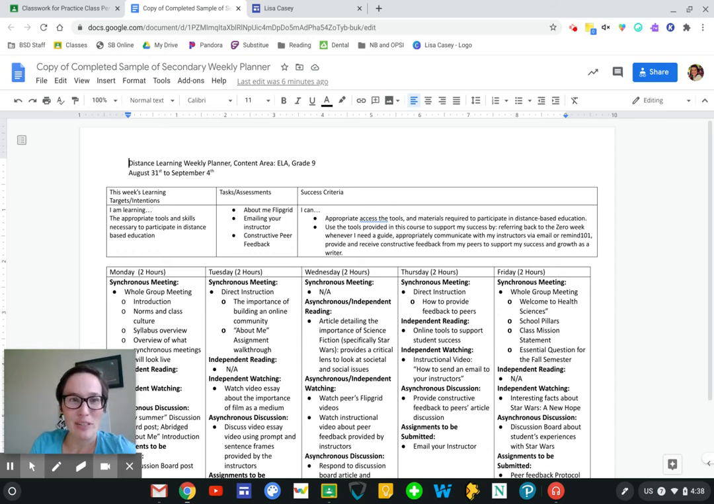This is how to schedule your weekly planner, your weekly learning path, to post automatically at 5 p.m. on Fridays so that you don't actually have to work at 5 p.m. on Fridays. So to do so, I'm going to start in my weekly planner, my learning path for the upcoming